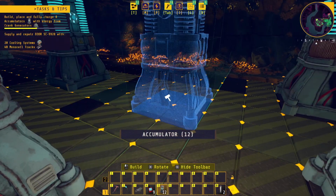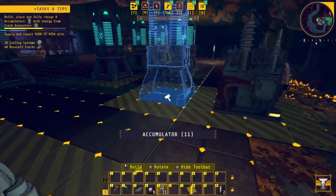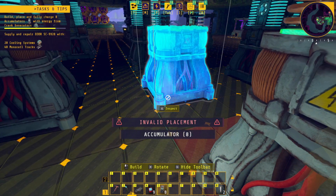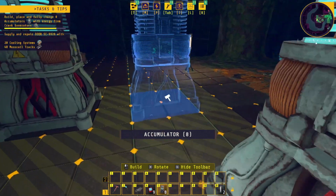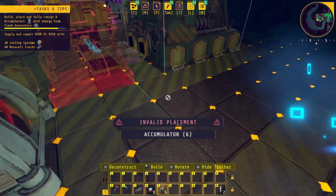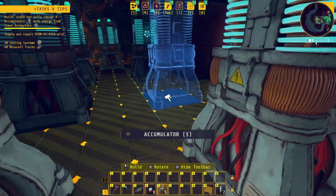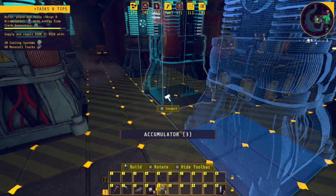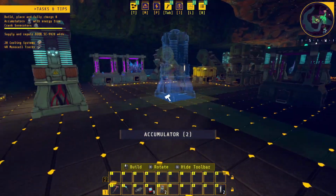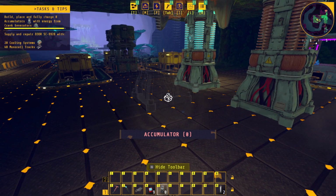They seem a bit slapdash, don't they? Doesn't matter, we'll stick one there, one there, one there, one there, one there, one there. Let's just get them piled down, shall we? One there, one there, one there. How many have I got left? 2. Right, it's just a matter of waiting for...